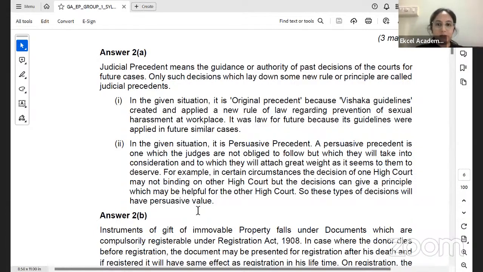So now the situation, if you see, in the given situation, it is the original precedent because others started following this, correct? So it has become a precedent for the later subsequent cases, which means this is the original precedent. So in the given situation,